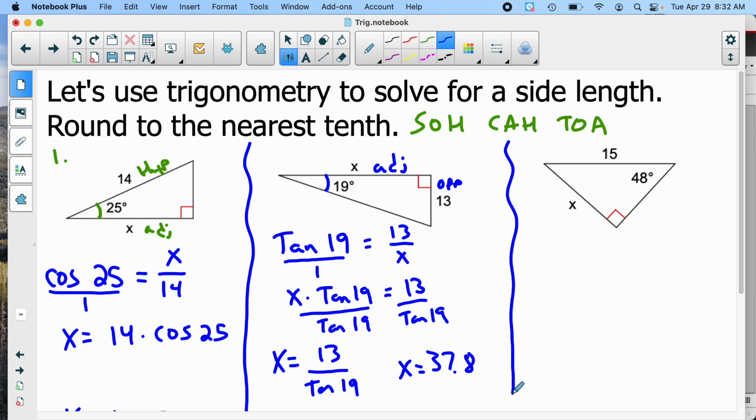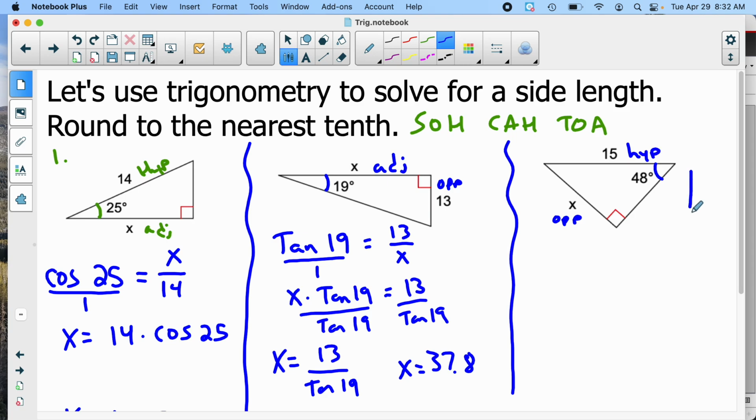Let's try our last one. Again, you start at the angle. Based on this 48-degree angle, what side is the x? What side is the 15? In this case, x is the opposite side. The 15 is the hypotenuse. Okay? If you have to turn your triangle around a little bit to help you see that, by all means